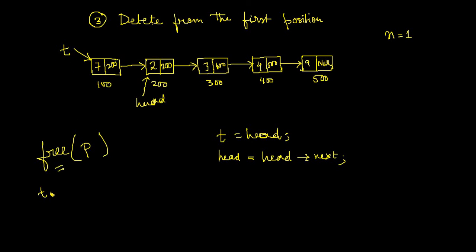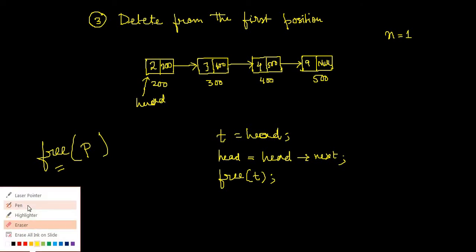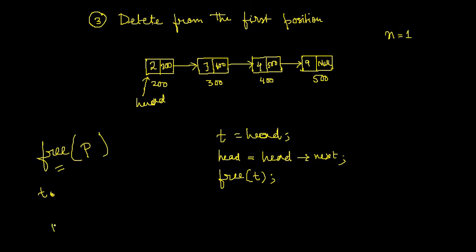The reason is that I want to use the free function. So I will just write free t. As soon as this statement gets executed, what will happen? The entire memory location that we had over here will vanish. And if there is no memory location, then where is the pointer? The entire thing will vanish. So initially, the content of t was 100, because 100 was the address of the first node. As soon as this address 100 vanishes, the content of t will become null.